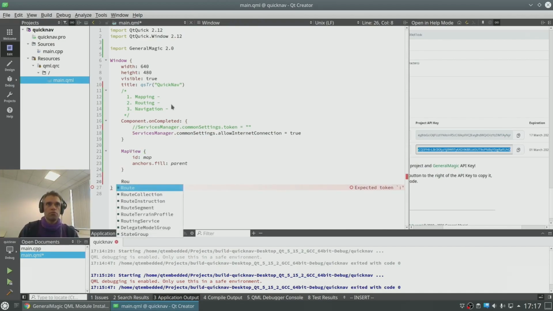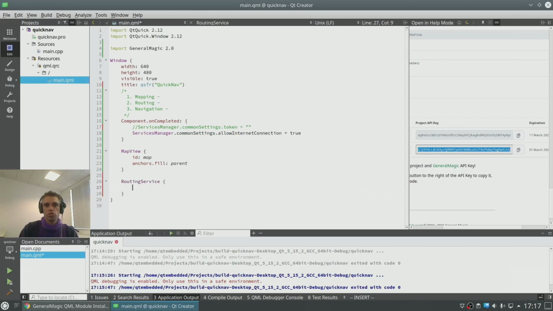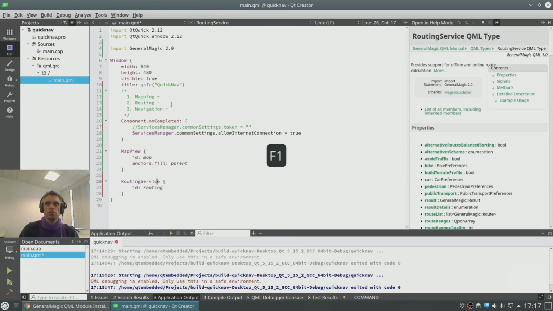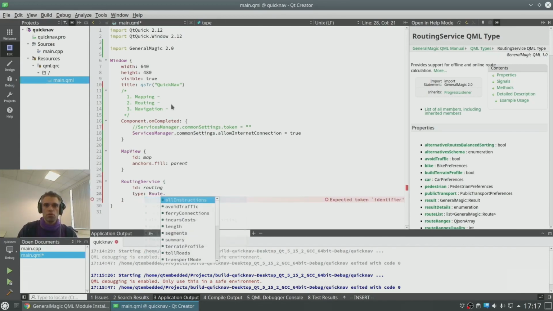So we have a routing service. Just give it an ID, routing. Pull up the context here for that. There it is. So we want to know how are we going to compute our route. We want the fastest route or the shortest route, for example. So we go here, route type fastest.